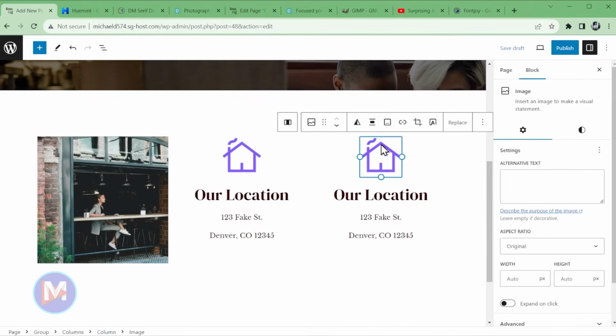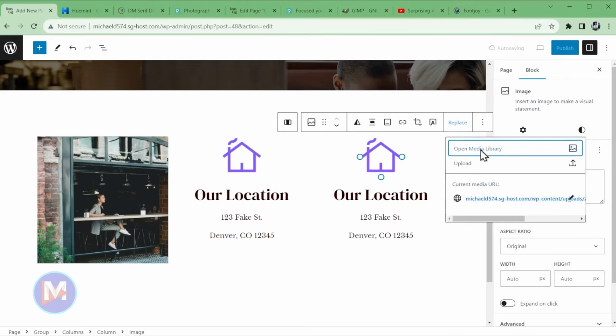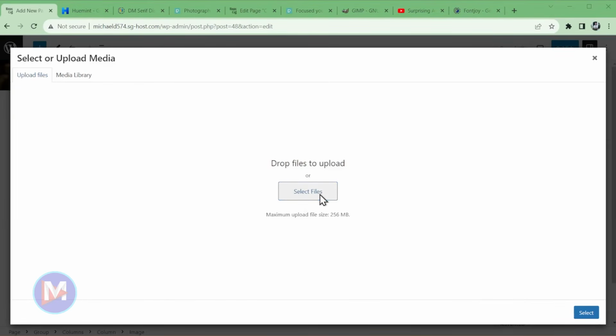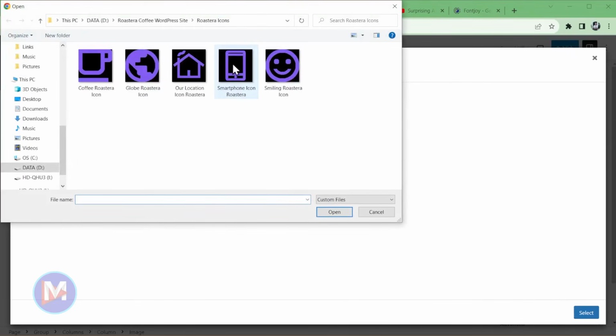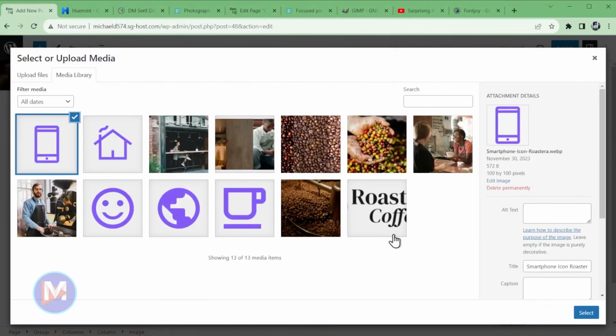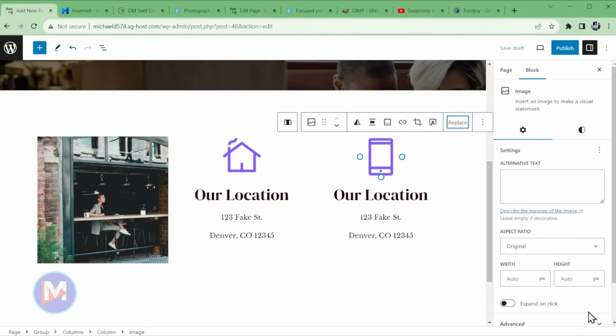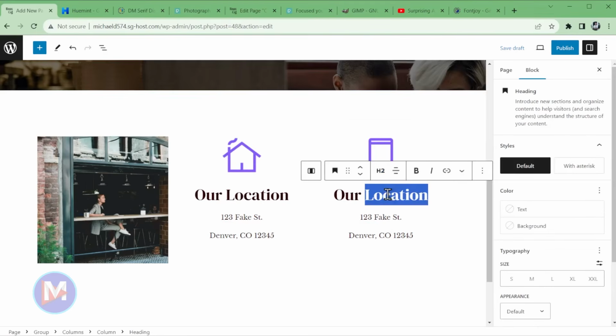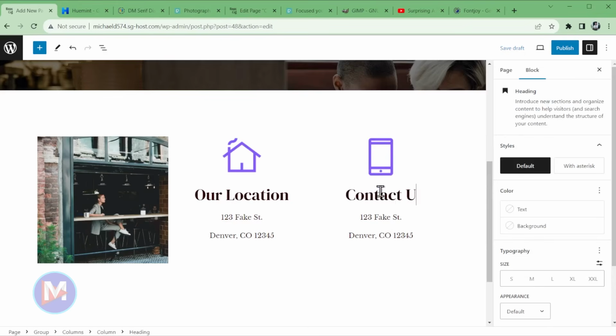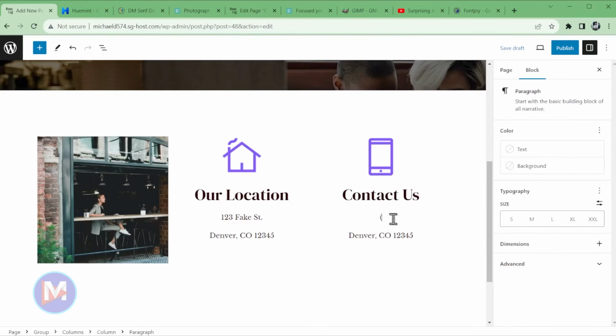So let's click on this and let's replace the icon. So we're going to go with the nice smartphone icon. You can label the alt text on these if you want. I would do it if it was my own real website. So we'll do contact us, and then we'll do a fake phone number